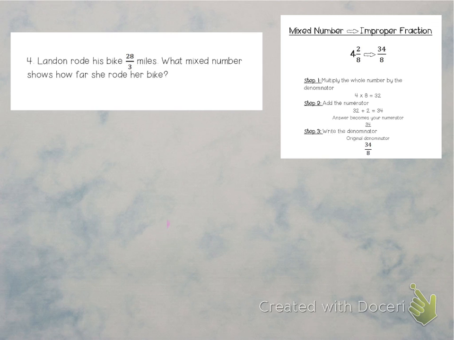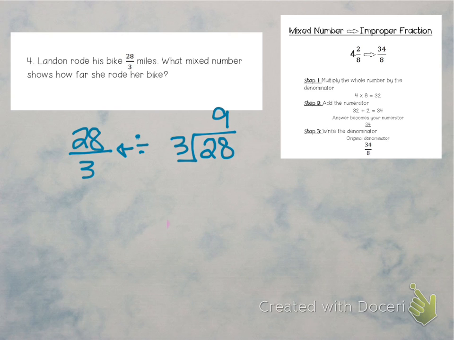Number 4. Landon rode his bike 28 miles. What mixed number shows how far she rode her bike? So we have 28 miles over 3. Fraction notation as division. So we're going to write 28 first because it comes first. We're going to build a house on it, and we're going to divide by 3. How many times does 3 go into 28? It goes into 28 9 times. 9 times 3 is 27. 28 minus 27